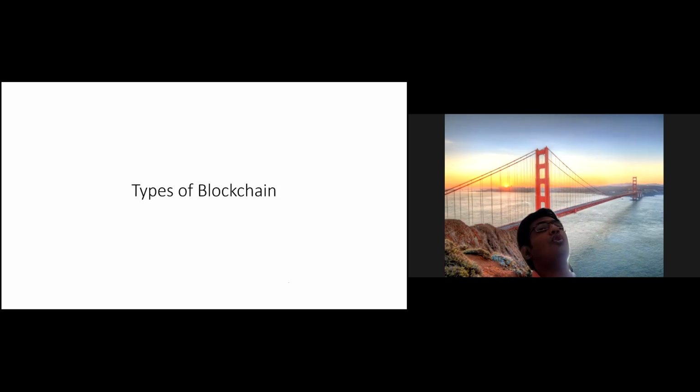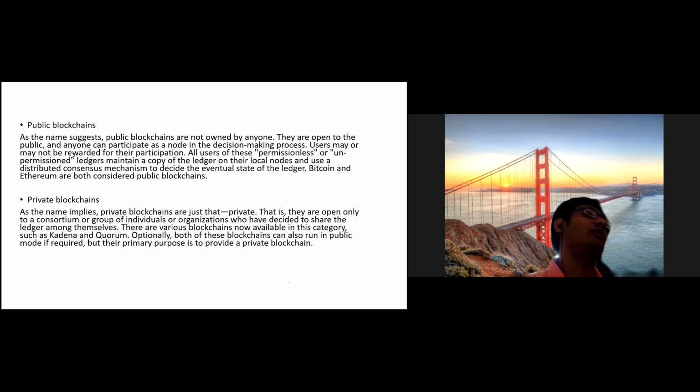So it's not only public and private blockchain. There are multiple types of blockchain because you cannot use a public blockchain everywhere, right? Public blockchains are basically, as the name suggests, like Bitcoin is a public blockchain, where everybody is involved. But let's say you want to implement a blockchain for your organizational uses, you'll go for a private blockchain or maybe a combination of both, right?